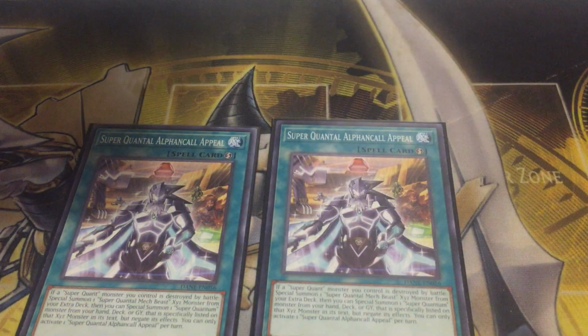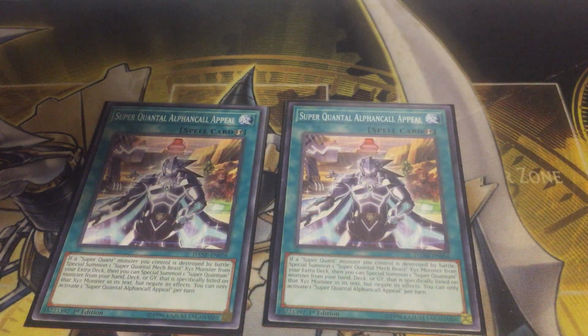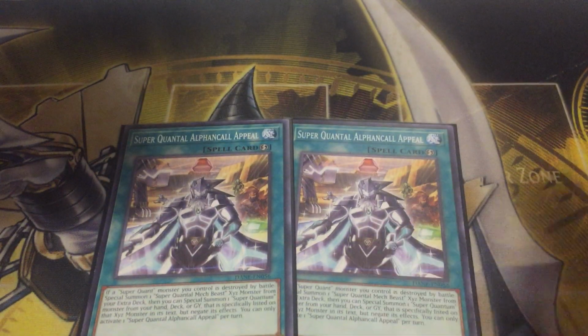The next card we play is Alphan Call Appeal, which is the new one that just came out. So it's just a protection. So if a Super Quant monster you control is destroyed by battle, you can special summon 1 Super Quantum Mech Beast XZ from your hand, deck or graveyard that is specifically listed on the XZ in its text, but its effects are negated, and you can only activate it once per turn. So it's real good. A little situational sometimes if you end up getting it,